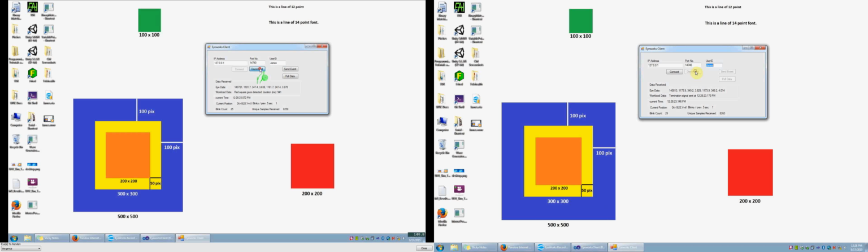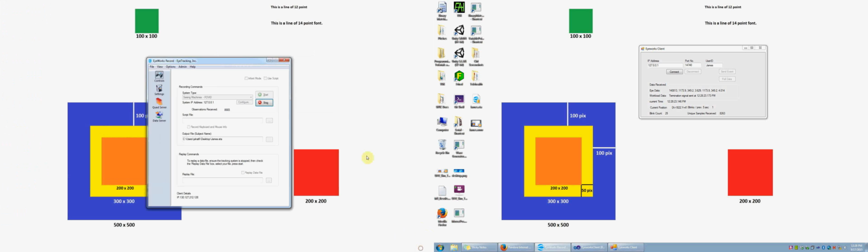So just hit disconnect right there and pull up the eye tracking software. So first you'll need to close this video and hit stop. So now we've stopped the recording. And now you'll see